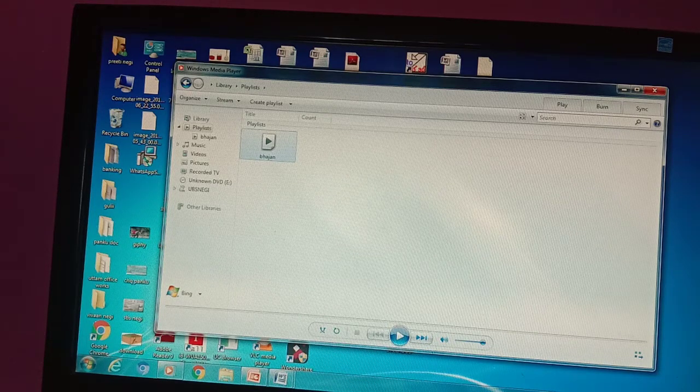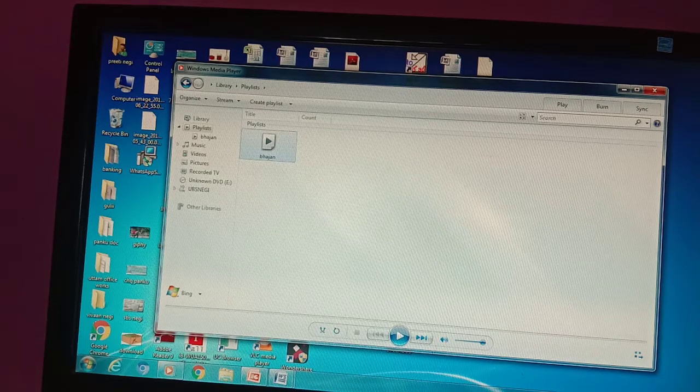And these days the CDs are outdated. Now we are using pen drives. So it's very easy to use a pen drive. It is just like your drive. You can save it in a playlist also. You can save in your computer system and then make a playlist. It's very easy. Okay, so this is what we can do with it.